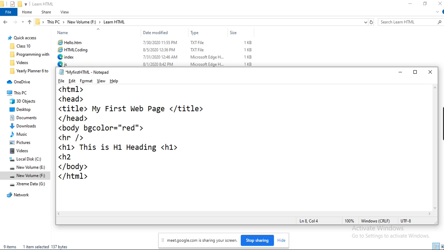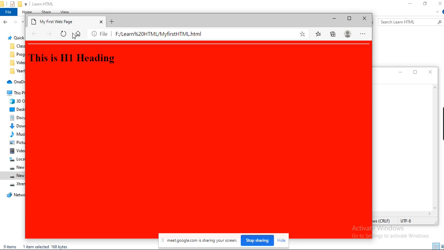and that will show up in slightly smaller font. Okay, this is H2 heading, and close the corresponding tag H2. We should always close the corresponding tag, and now refresh this page. I pressed Control S, and now again refresh this page. You can see that H2 is showing up, right? And this is in a smaller font.